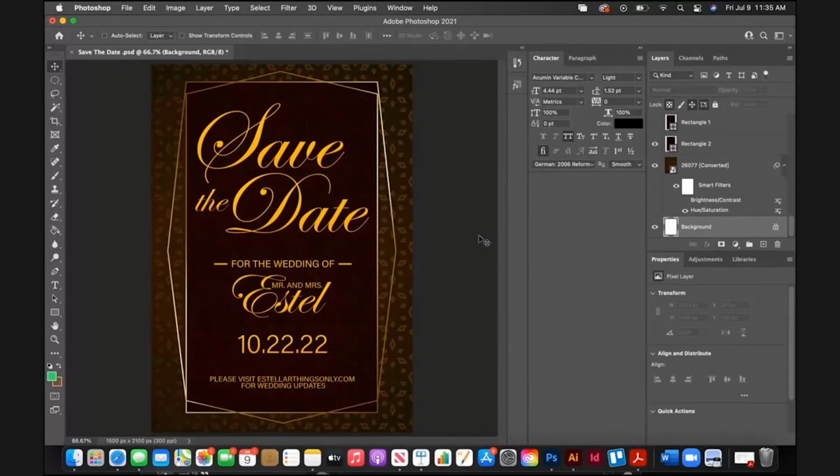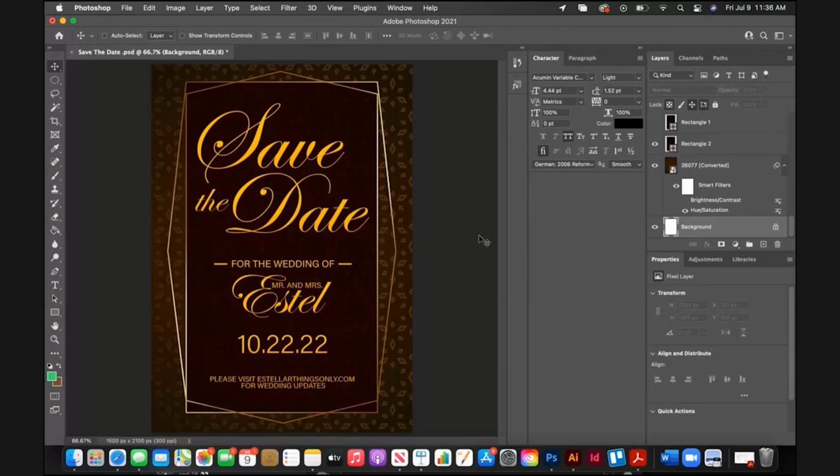And now the project is done. You have the wallpaper, you have the see-through effect, the text pops out, and the gold frame surrounds your text and encloses it the way you want. And when I did show this to them, they loved it. So I would say it's very important to know